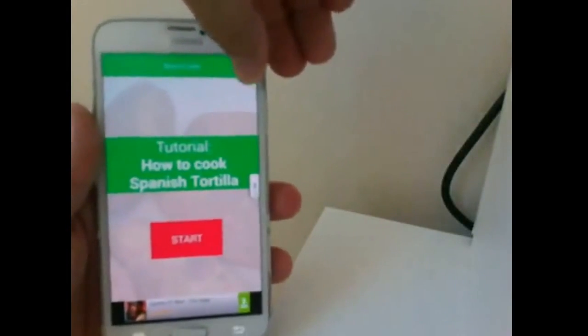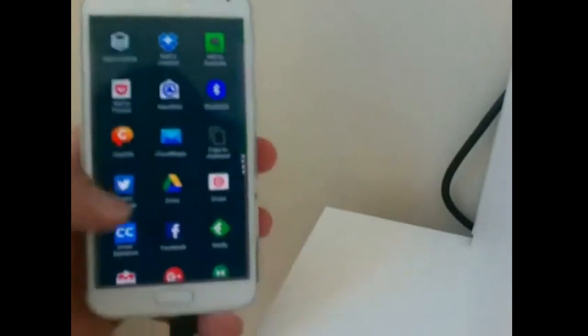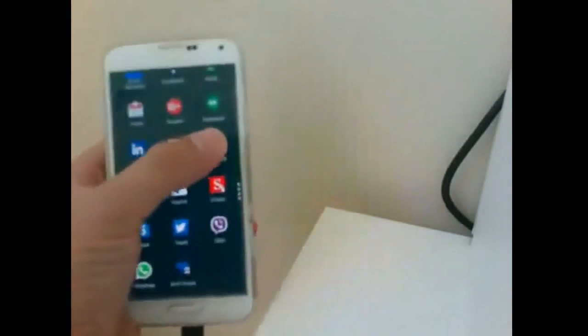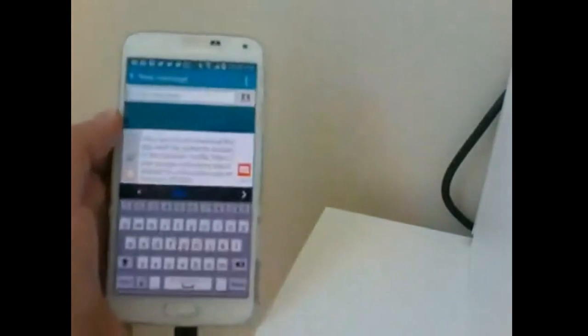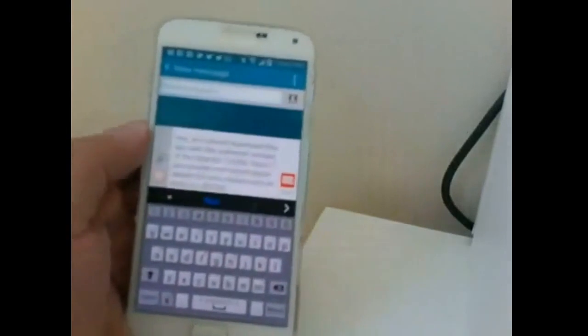Well, in the meantime, I can show you the share button. This one should work. This is the main menu. On the top, we have the share button. So if I click on it,